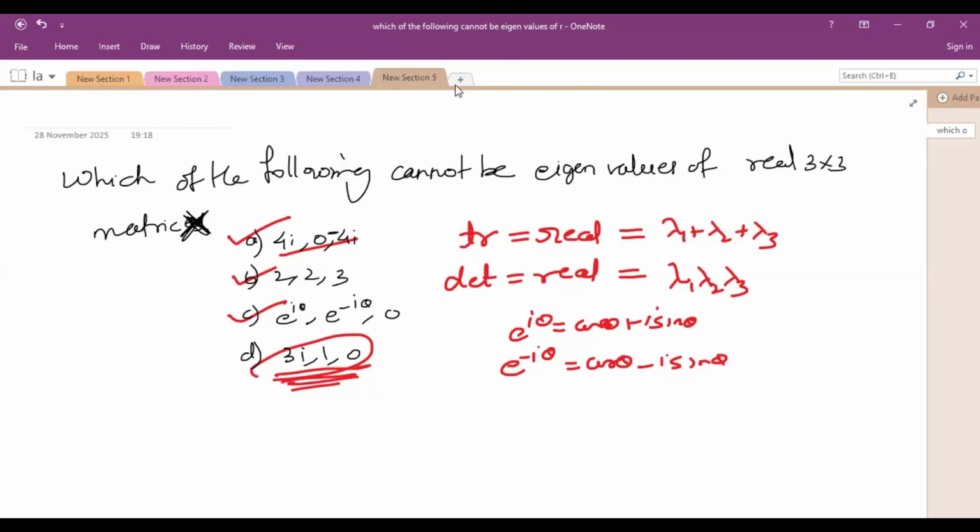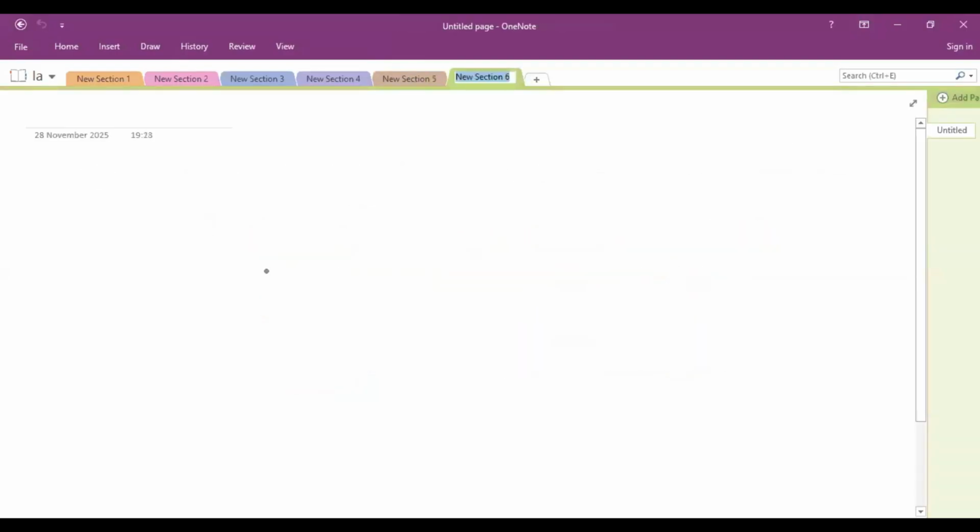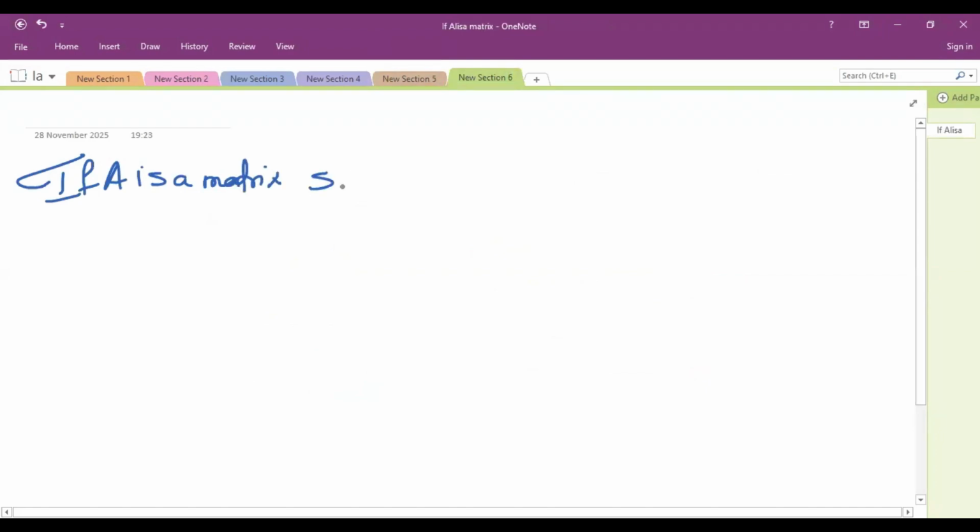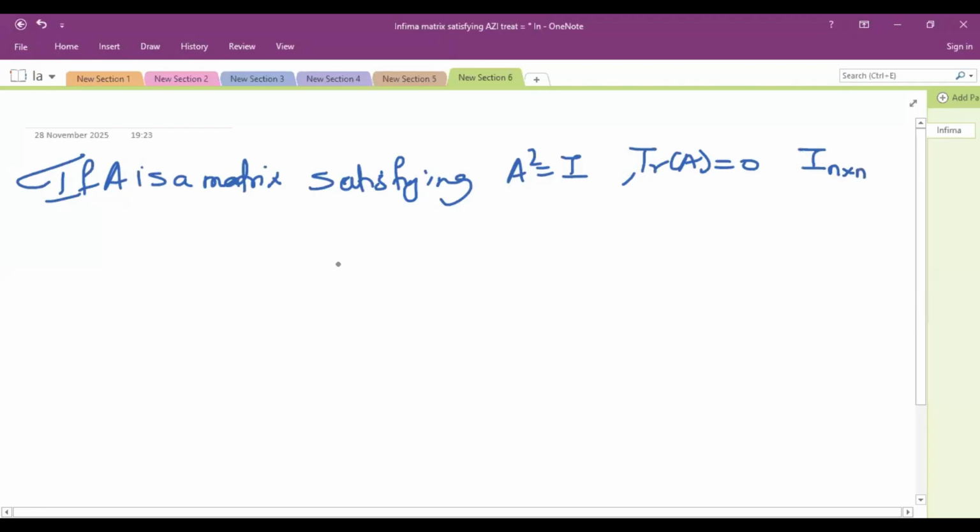Let's take another example, again based on eigenvalues and some additional thoughts. If A is a matrix satisfying A square equal to I and a trace of A equal to 0. Here, this I is an identity matrix of order n cross n. And the question is, the options are then